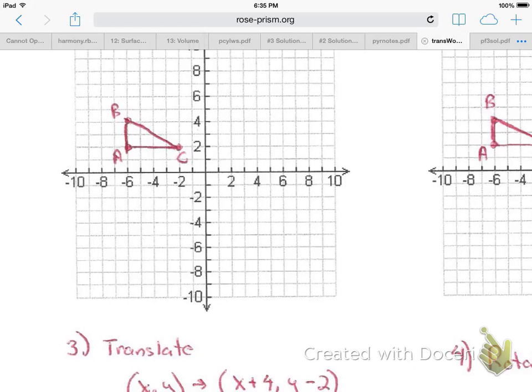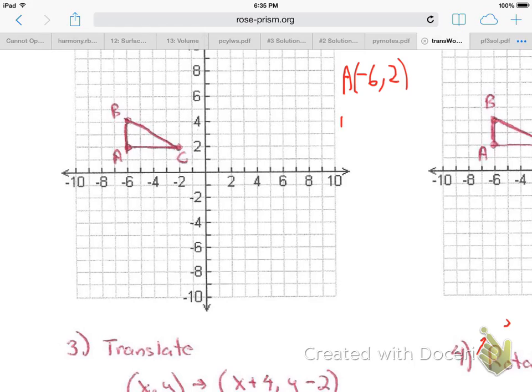This next one, translating, is easy. You're just going to follow the rule. And the rule down there says you're going to increase all the x's by 4 and subtract 2 from the y's. So you got this A, and again it's at negative 6,